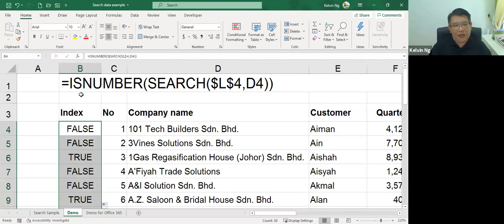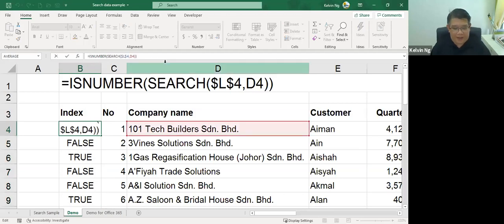Now I have put a link at B1 to show you the formula, so you don't really need to squeeze your eyes to look at this. You look at this formula that I'm writing here so far. Okay, so now that I know that those with the word house are TRUE, what can I do with it? I want to have a numbering, like I mentioned just now. So I'm going to go up here now. I'm going to include a little bit more in my formula. So I'm going to put here, IF